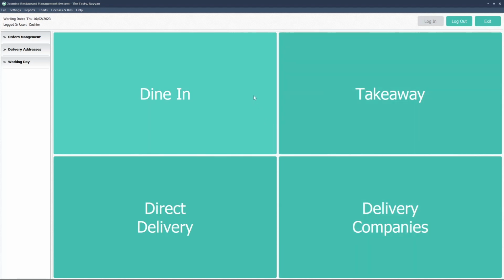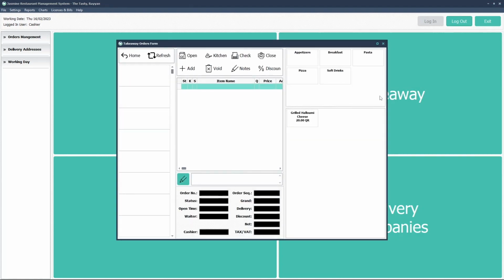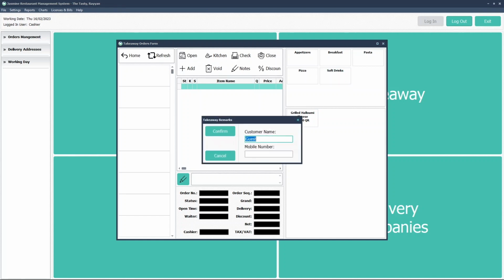So I'm logged into Jasmine POS module. I am in a restaurant called The Tasty, and I am logged in with the username Cashier. And today we are going to see how to reopen an order. So we will take a takeaway order, open a new order, guest